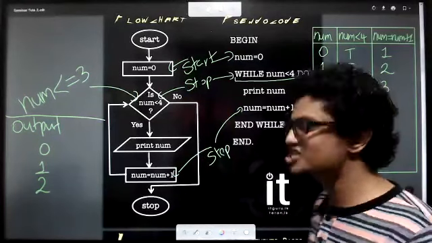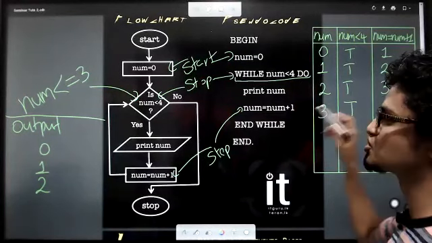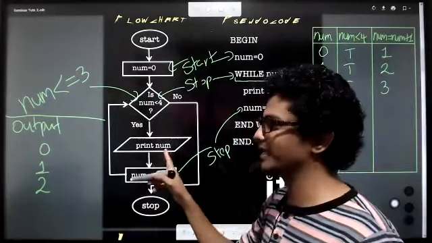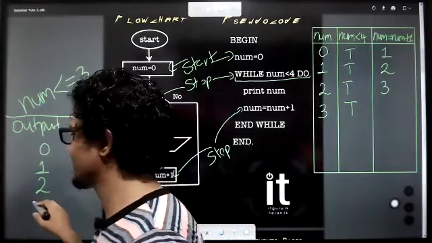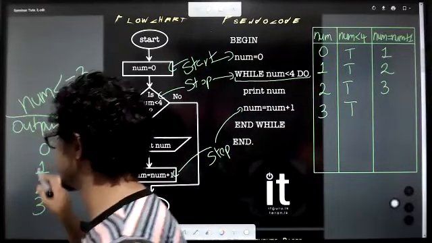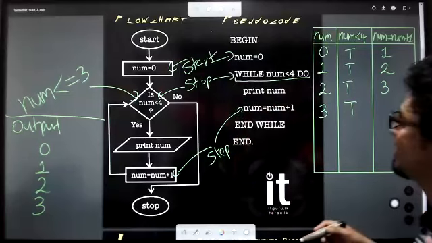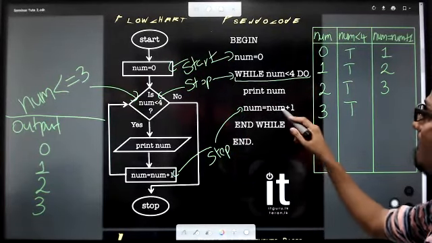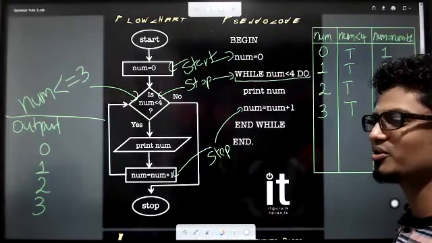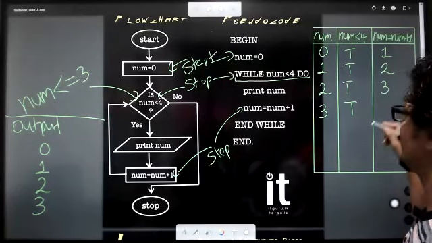True or false, kids? True. Superb. And we are going to what? Display num. And we are going to get the output 3 in here. Now the output is this. This is what the user can see, right? Okay. And then num equals num plus 1. What's going to happen to num now, kids? It's going to become 4.